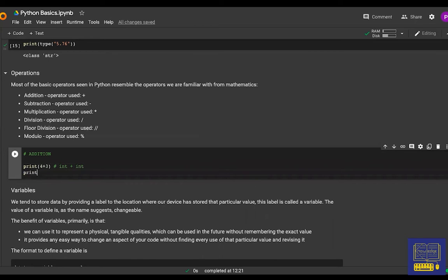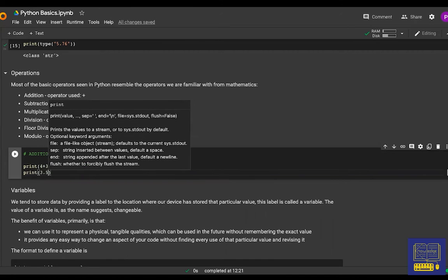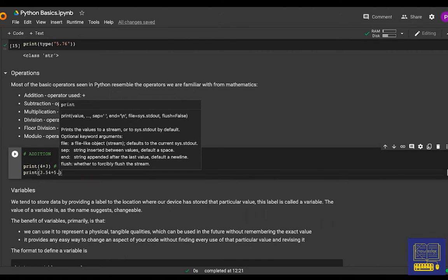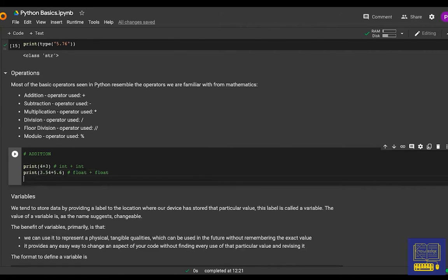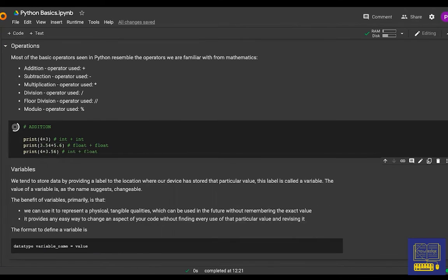So just a minute. Print. Let's see how to add a floating point number with another, 3.5. So this is a floating point number with another floating point number. All right. And finally, for the numbers part of it, we can add an integer to a floating point number. So let's say this, which is basically an integer and a float. All right, again, for Python, just like for maths, addition is commutative. The ordering doesn't really matter. So just keep that in mind.